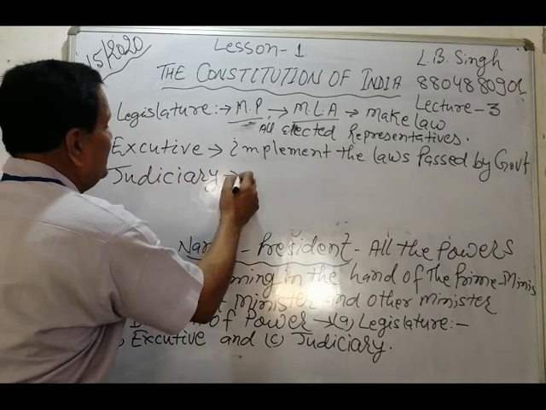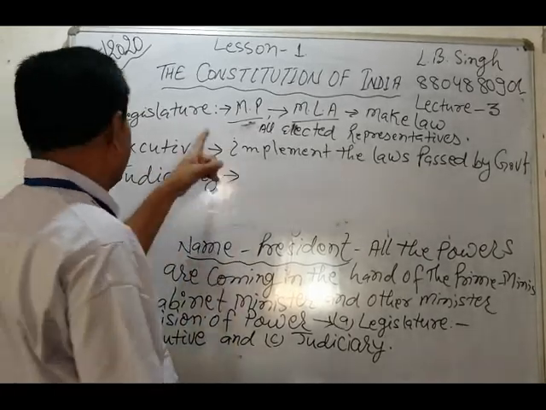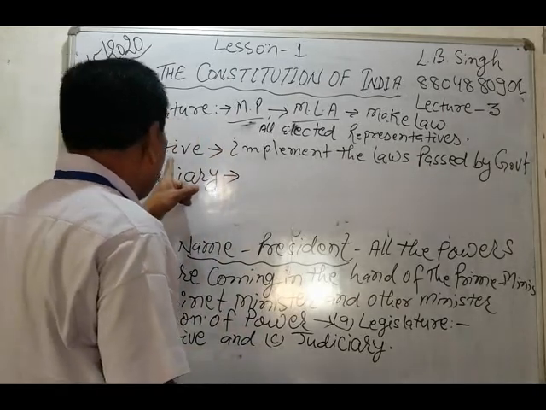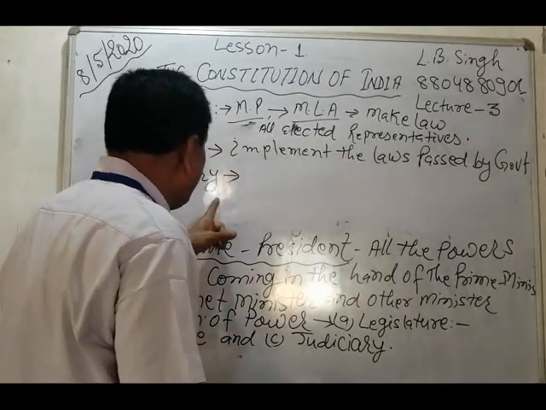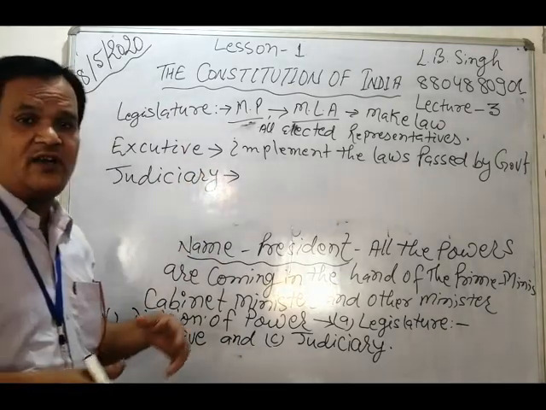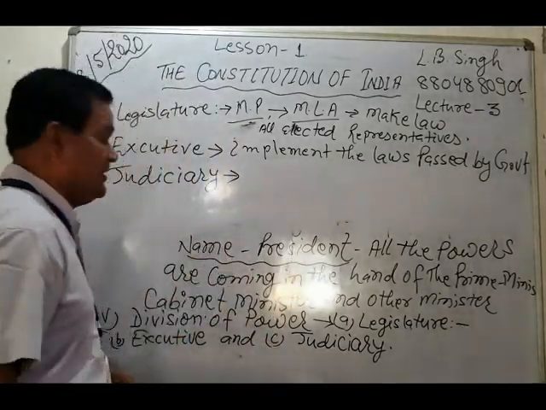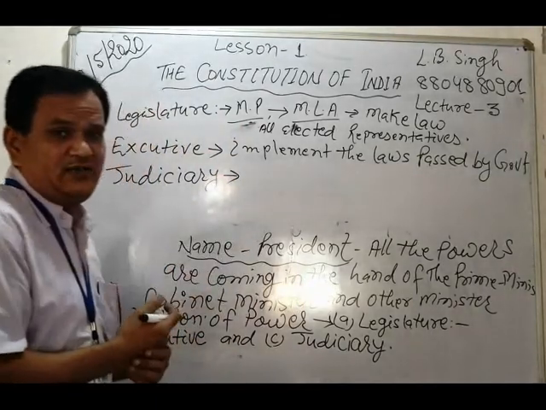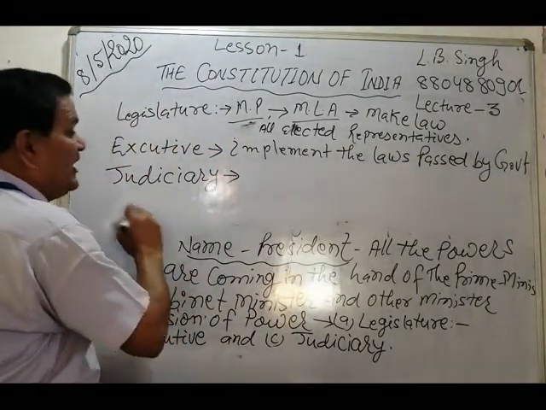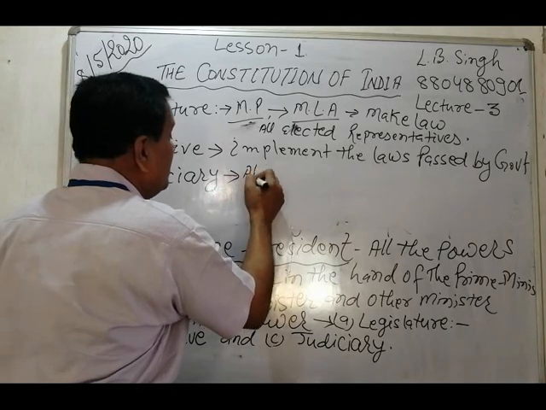Do you know this thing? That means legislature, executive and judiciary are correlated with each other. They can check each other's work. Now, judiciary, you know this thing, all